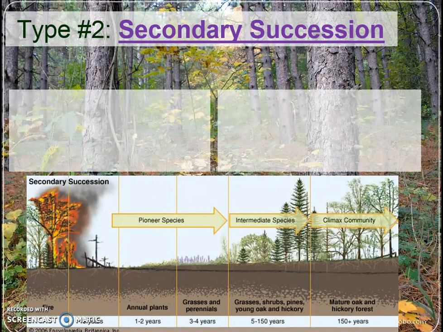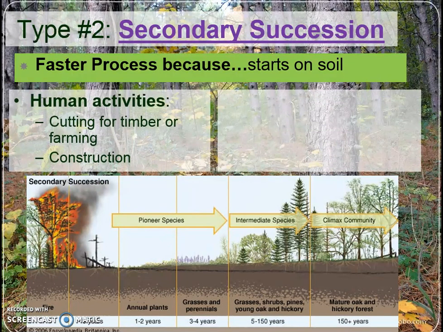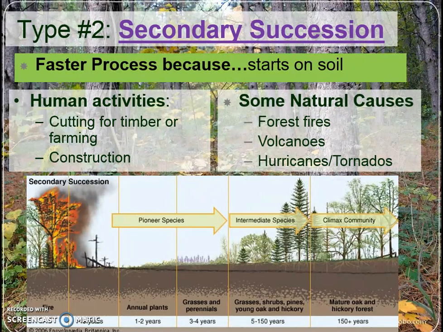This is compared to secondary succession, which is faster because it starts on soil, not on rock. Some types of activities will be cutting down timber for farming or construction, those are human ones, or natural disasters like forest fires, volcanoes, or tornadoes. These things are going to cause just the plants and animals to disappear, but the soil is already there. So as new moss or little plants show up, it's easier for them to grow because they have soil to